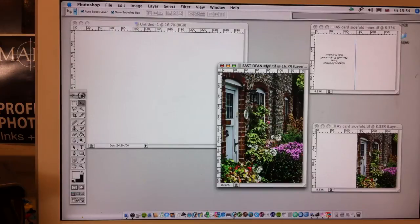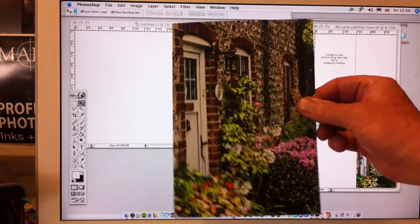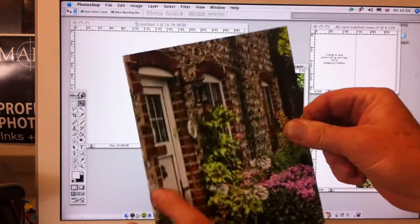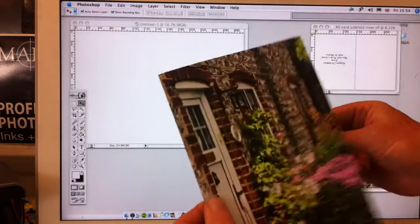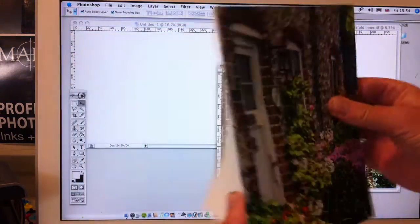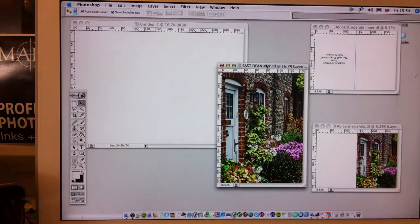This little video clip will describe how you're able to make a sidefold greetings card, such as this. Sidefold greetings card with a message inside. Now this one comes from A4 folded down to A5, but it's just the same as if you're